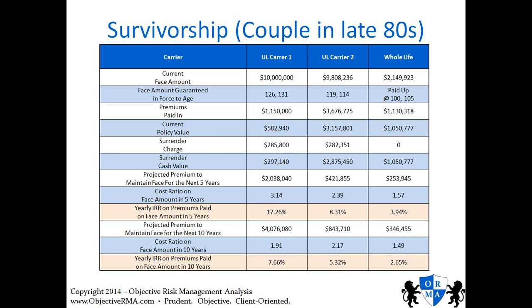And the cost ratio, simply put, is for every dollar you've paid into premium, how many dollars you get in death benefit at that point in time. So over the next 5 years, if you factor in what's been paid and what will be paid, if the insured dies at that point, for every dollar you've paid in over the life of the contract, you would make back $3.14. And that's just another metric to evaluate the policy and how cost-effective it is.